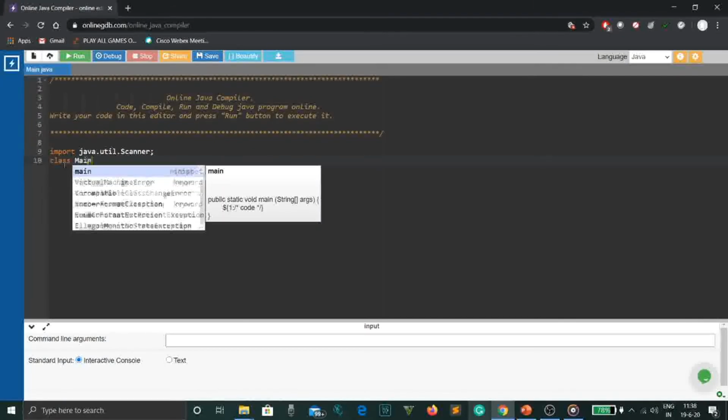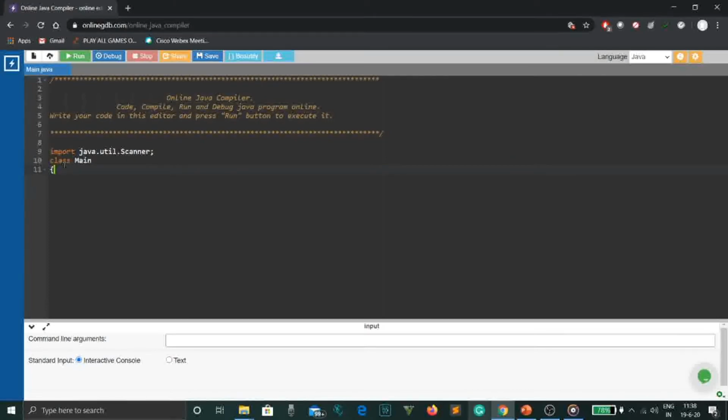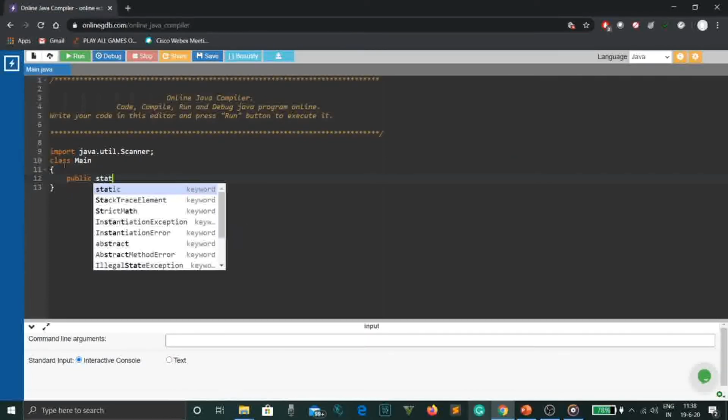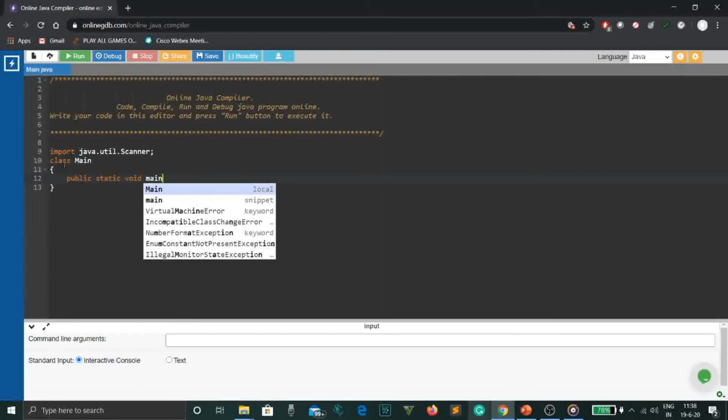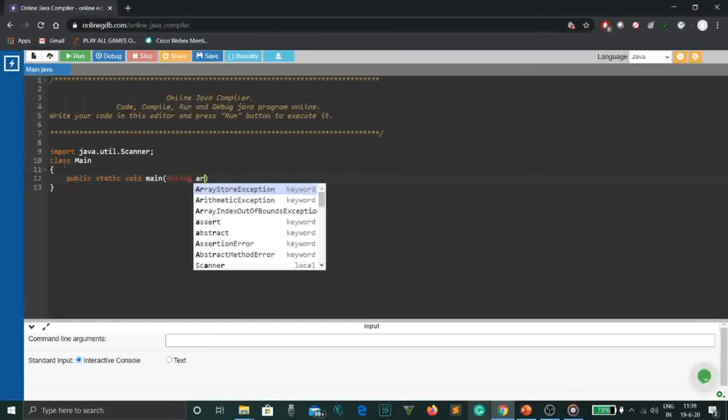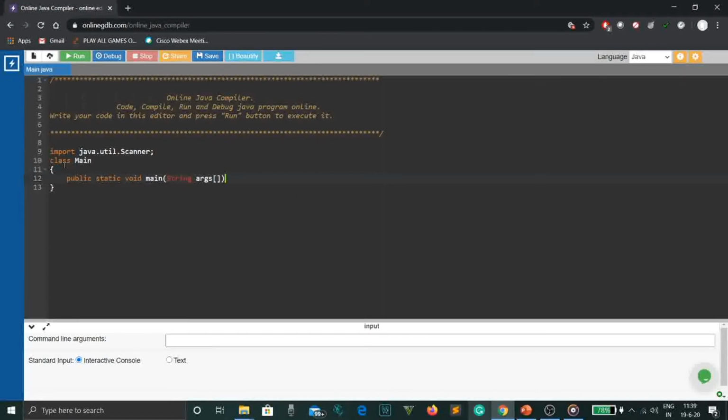I hope everybody knows why we've written class Main now. Then we open the scope. We write public static void main(String[] args), as we've been doing till now. I hope everybody knows the meaning of it. If anybody has any kind of questions, please put it in the chat box. We'll be answering them soon.